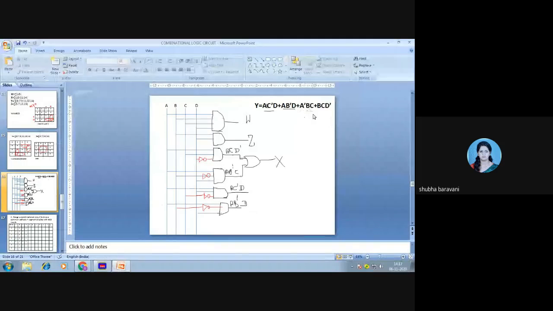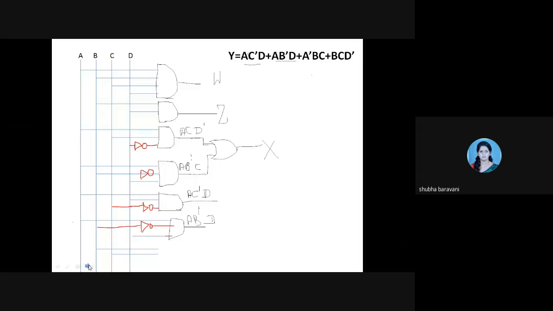Then you have A bar B C. So B I'll take, and C I'll take. B and C I have taken. You take A bar also. So for A bar I'll put an inverter here itself.